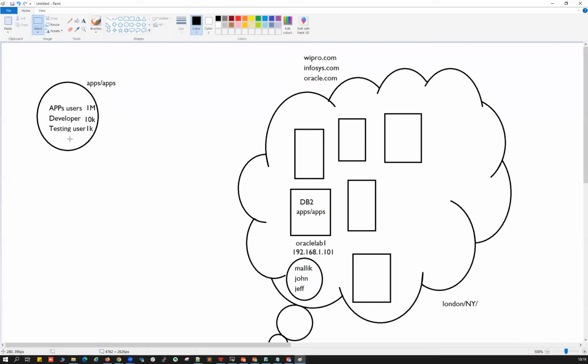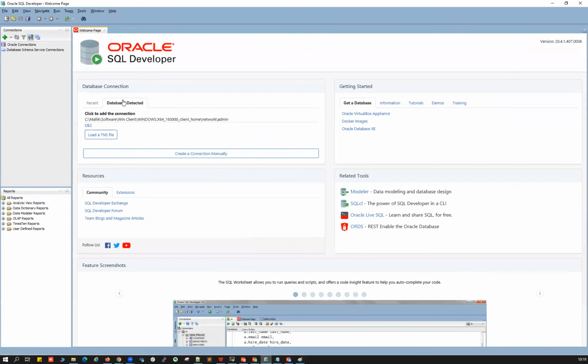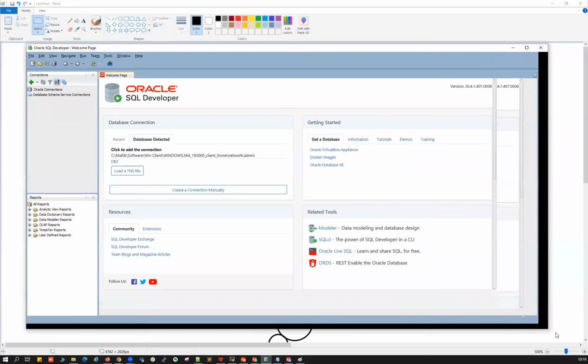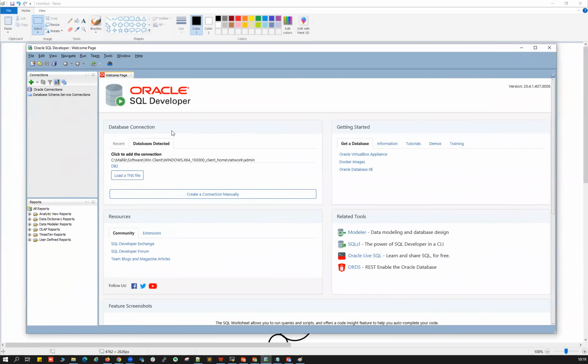They can connect with various methods, with the client tool or with the client software or with the application software. There are so many methods like JDBC, ODBC, TNS connections. So for a simple example, I'm taking this SQL Developer. SQL Developer is again an Oracle tool, the client tool. The application user is using this client tool and they're trying to connect. How? New connection. Let's click on this new connection.